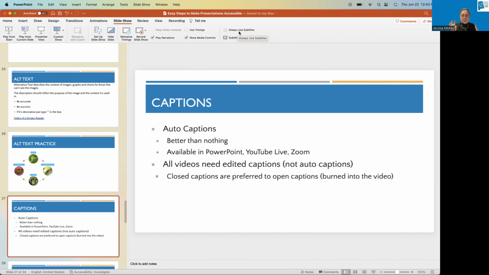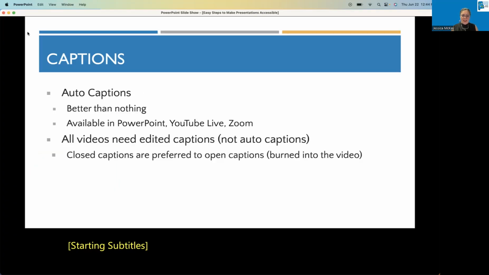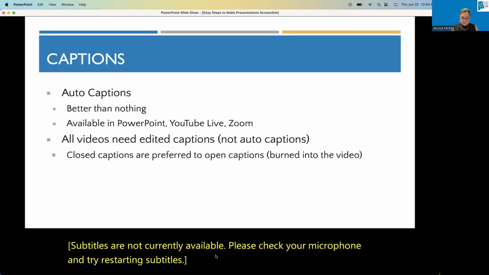There is a way to do subtitles or closed captions. If you were in a presenter view, you would see that little toolbar on that black side, and you'd see the little CC. When you turn that on, it'll actually pop up. But here I'm going to do this, always use subtitles, and I think it should pop up for me now. Oh, okay. It's not detecting my subtitles right now because I didn't configure my microphone correctly for it. But essentially what would happen is as I'm talking, this is where they would pop up.